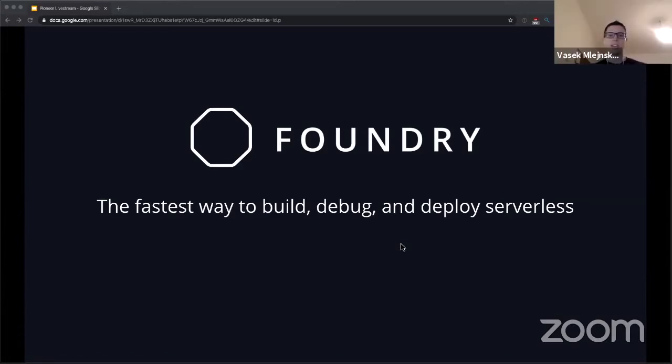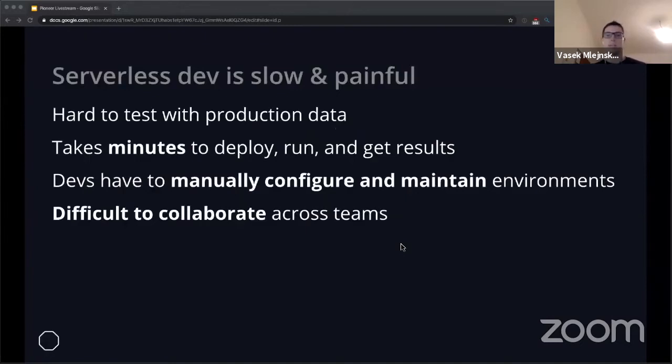My co-founder and I are based in Prague, and we are working on Foundry. Foundry is the fastest way to build, debug, and deploy serverless backend. With serverless backend, you don't have to manage your own server, which makes it very easy to write. At the same time, though, the serverless backend is also annoyingly hard to debug, test, deploy, and collaborate across your